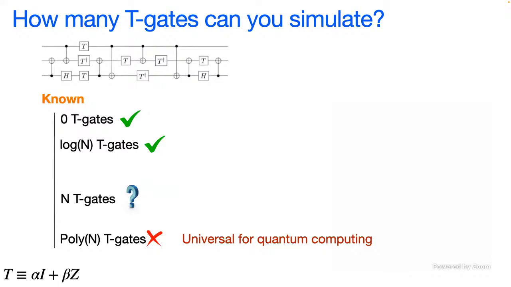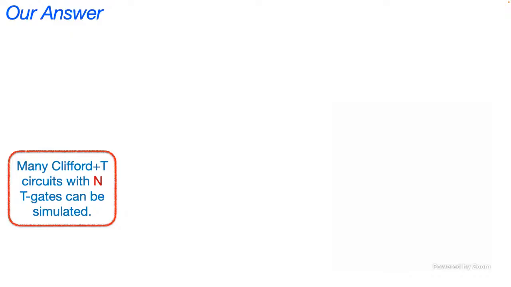Zero, and you're back to a Clifford circuit. Stabilizer tableaus have been known to do that forever. With a very small number of T gates, you can just use the same technique to eat the blowup. But I have a polynomial number of gates that's universal for quantum computing, and we're all really hoping that you can't simulate that classically, because then quantum computers will be useless. And so one can ask, this is a big chasm between log n and poly n, how many T gates can you simulate? And what we're going to show, let me just out with the answer.